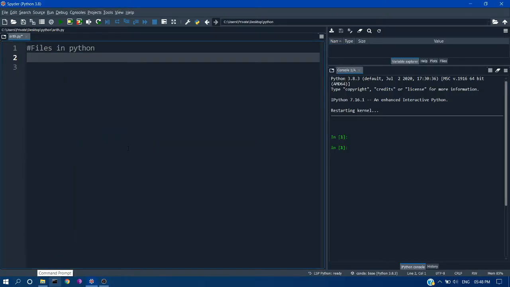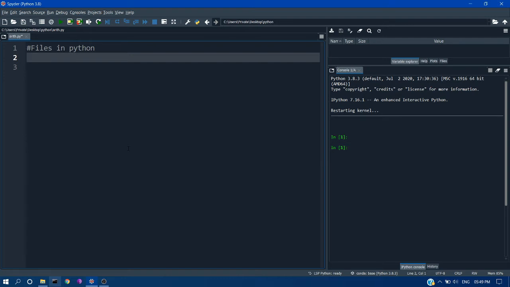Hello all. So in this lecture we are going to see how to perform simple IO operations with basic text files. This can be extended to other file formats like XLS, docs, anything. But you have to add additional libraries for that, which we will see in upcoming sections.